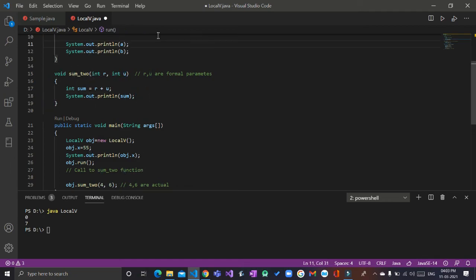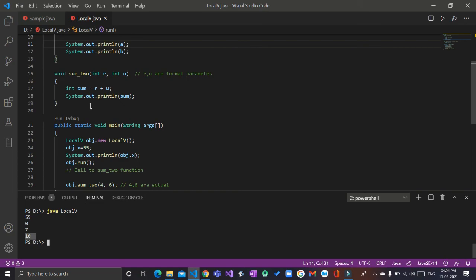Let's try and run this program. So I compile it. I don't see there will be any error. Oh, great, there is no error. Let's go and run this. So I run this program, and you see that the last thing is 10, which shows you the sum of r and u. Okay, so the r and u which are written over here are also called parameters, also called arguments. It doesn't matter whatever you call it.